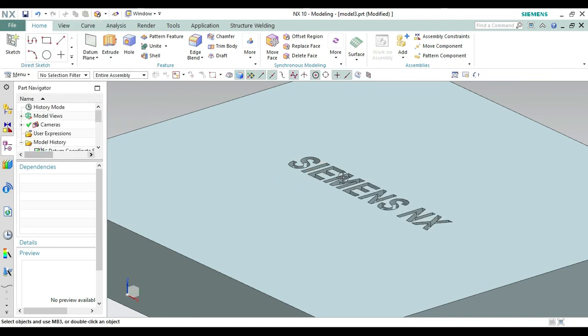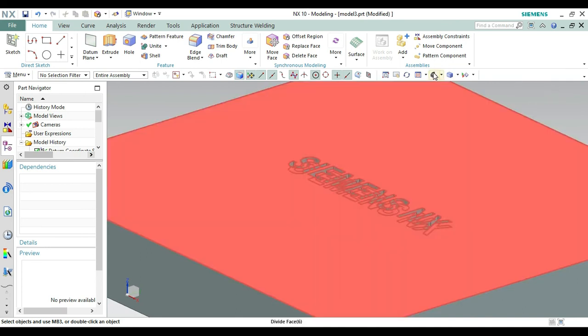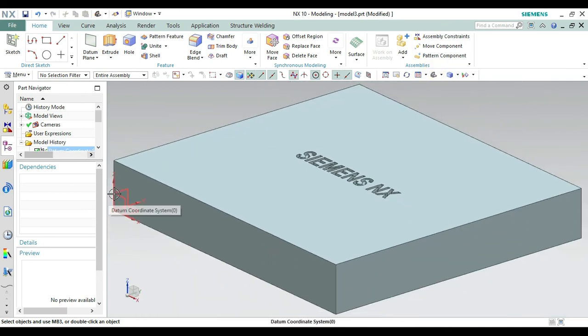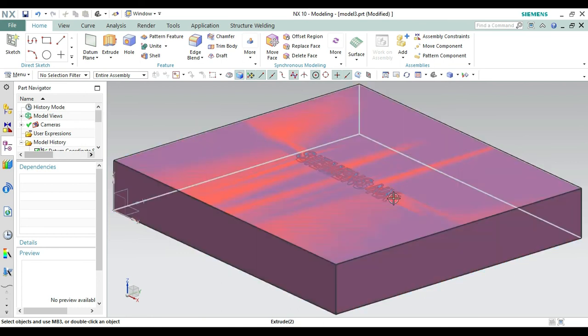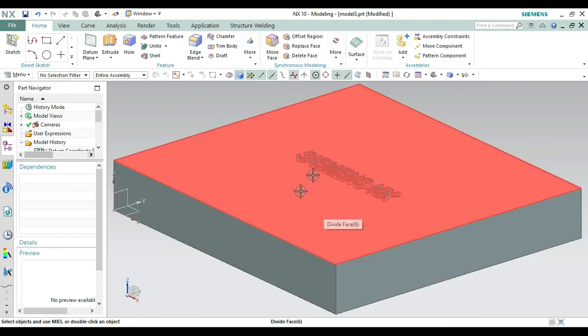Now we can see that our sequence has been created. Okay, if you want to create on this surface, then take a line, make a curve on the center of this face. Okay, if you want to write on this, make it like this. For any rectangular body you can do this.